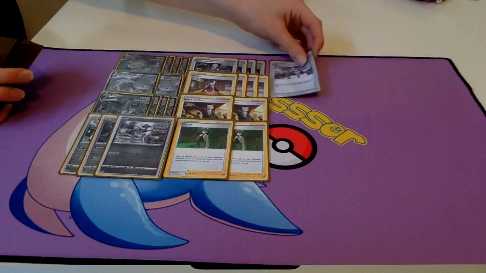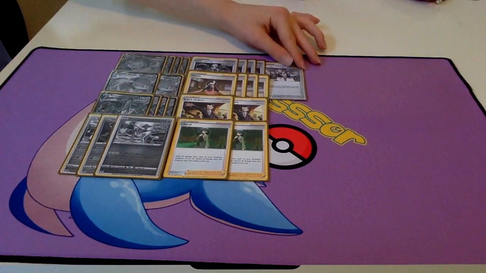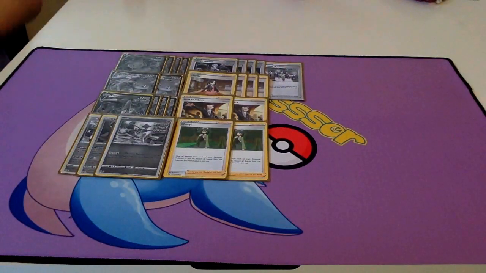And our last supporter is going to be 1 copy of Chili, Ceylon, and Cress, I think it is called. That just lets you search your deck for 3 fusion Pokemon and put them in your hand. Now, it doesn't say basic, like Brawly. Brawly says search deck for 3 basic Rapid Strike Pokemon. No, the search is for 3 fusion Pokemon, which means you can get your Mew VMAX out, which